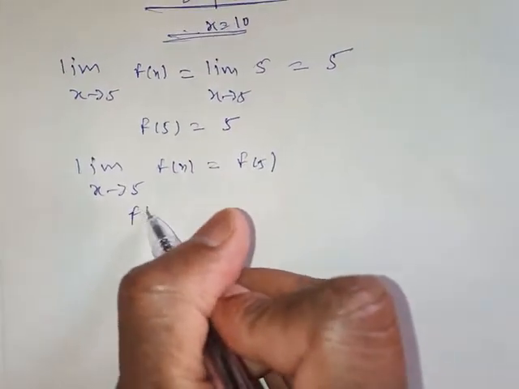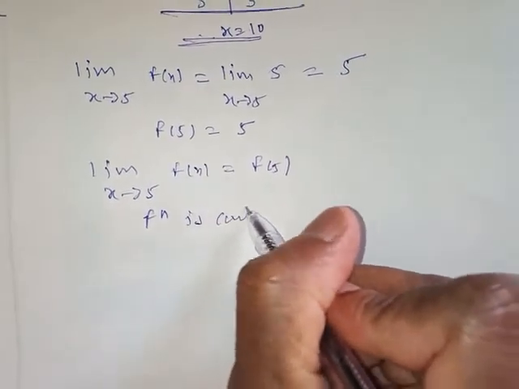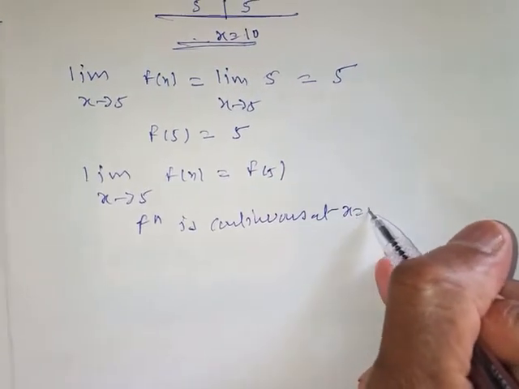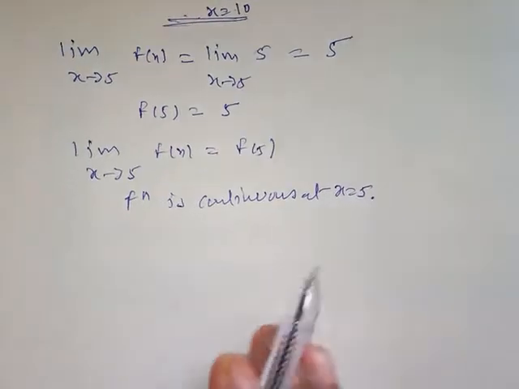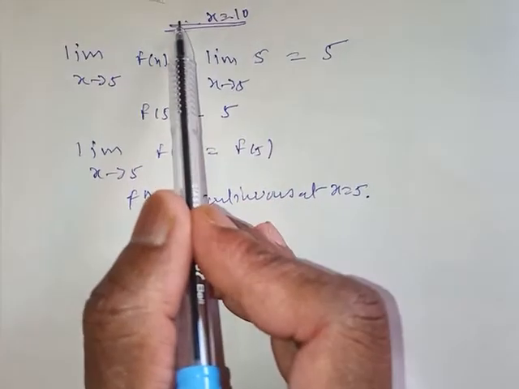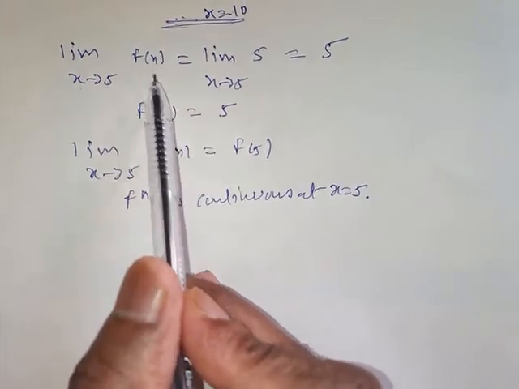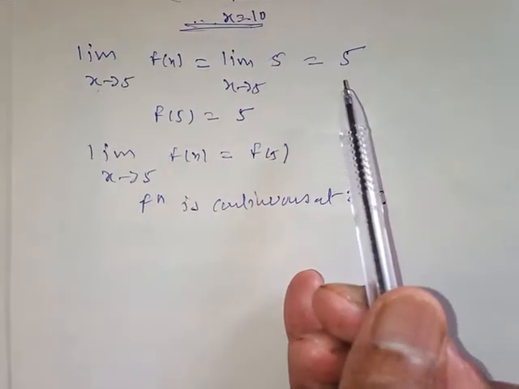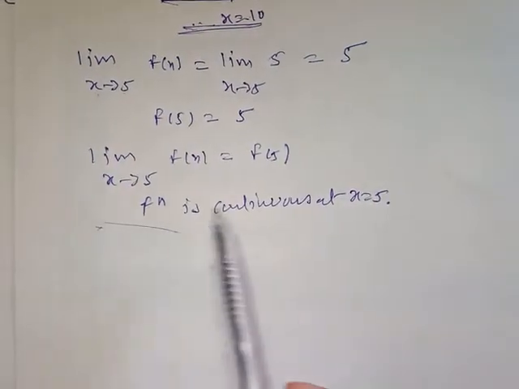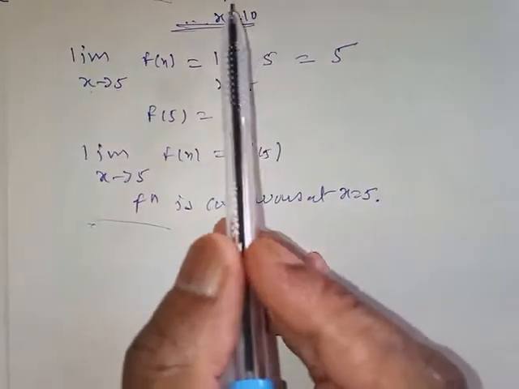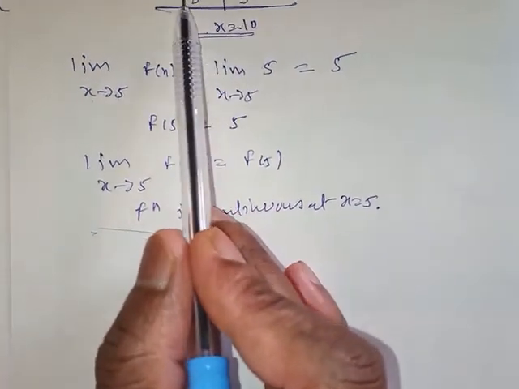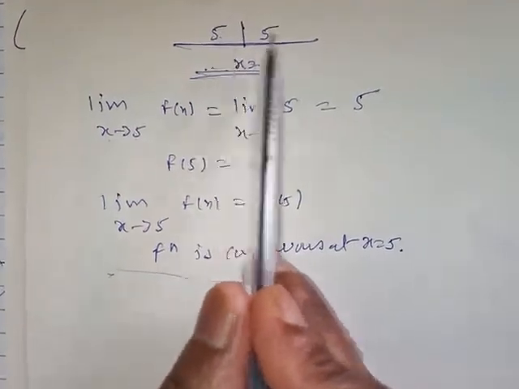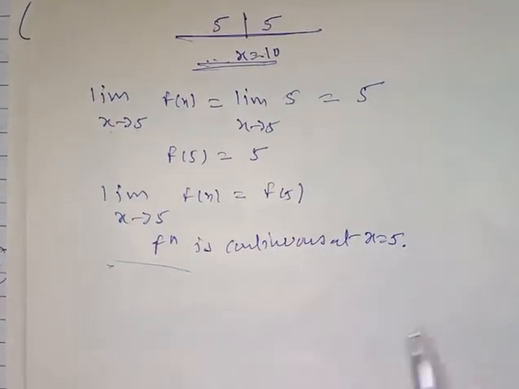So what we can say? The function is continuous at x is equal to 5. Or you can prove it like we did with the right hand side and left hand side, by taking x as 5 minus h, and limit h tends to 0. Like that also you can do, or you can do it with the first definition. I applied the first definition here because the left side of 10 was the same. The function was the same on both sides, left hand side and right hand side, and therefore I applied the first definition.